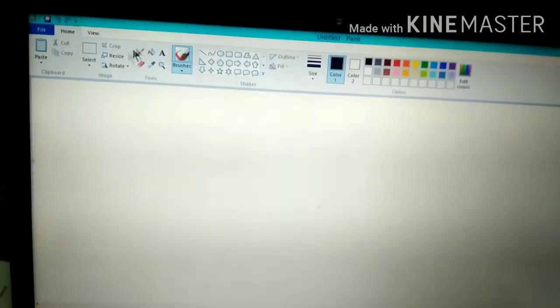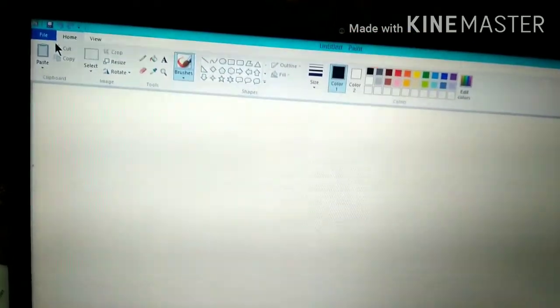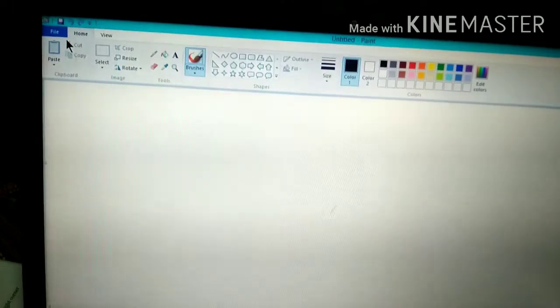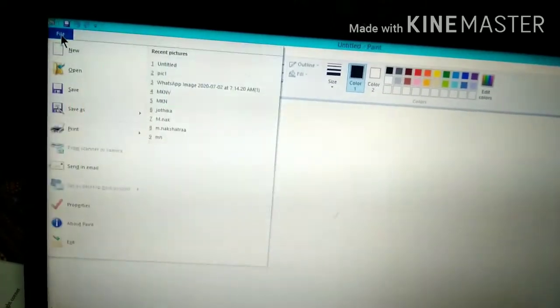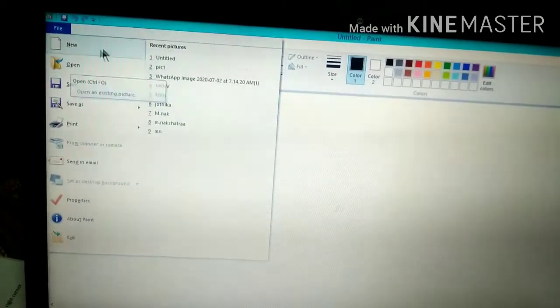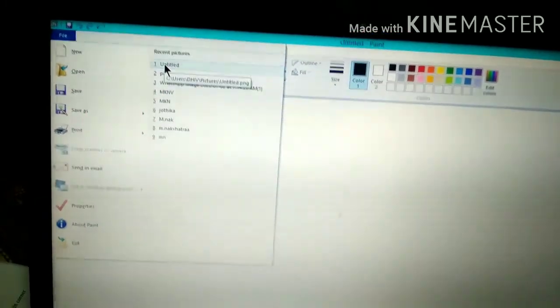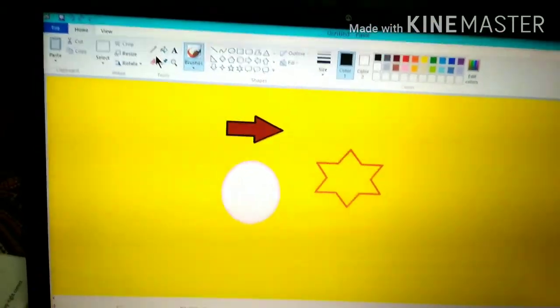If you fill the colors or outline the color, whatever we may do in this Paint application, if you create images, gallery, animation, whatever it may be. For example, this is one of the files of Paint. This is the Paint application file.